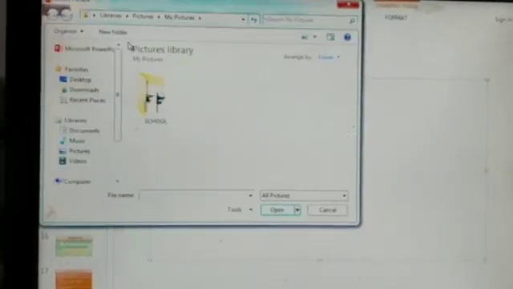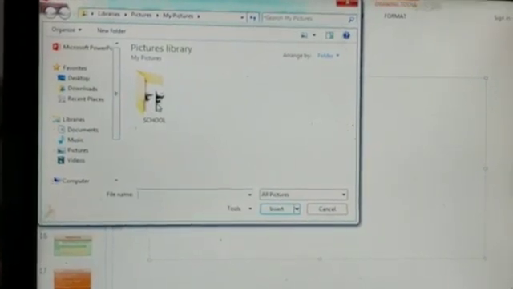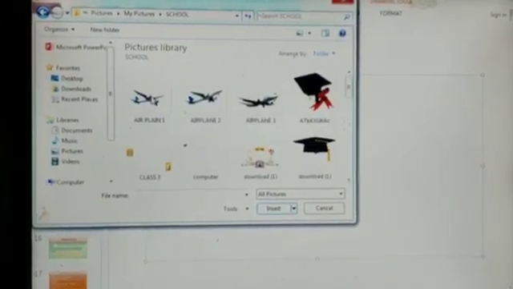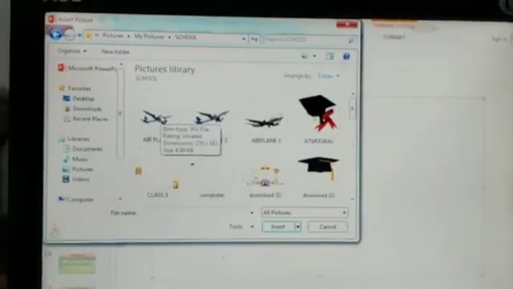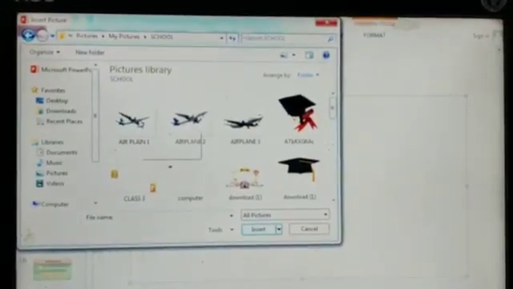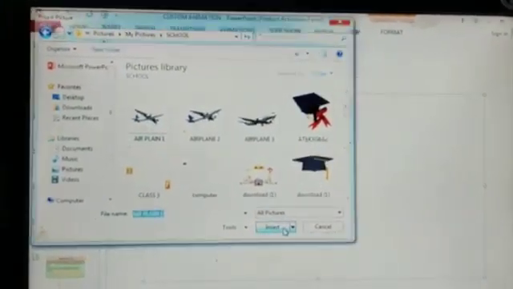Now first we need to add an object or picture. To insert a picture, go to the Insert tab and select the Picture option. Then the picture dialog box opens. Here in the picture dialog box there is a school folder. Open it, select airplane and insert the picture.